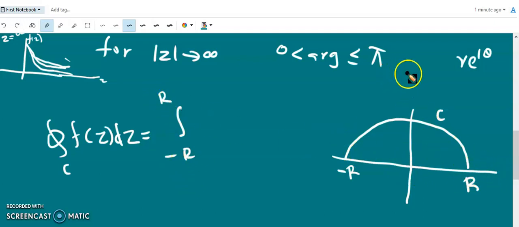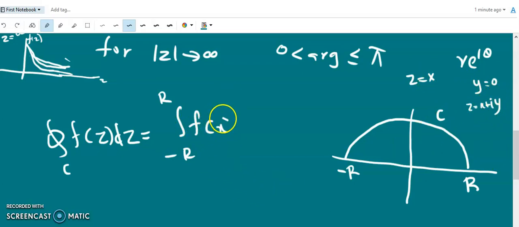On the real axis, z equal to x, y equal to 0, and therefore z equal to x plus iy becomes x alone. So f of z will be f of x, and dz will be dx. Okay, f of x dx plus